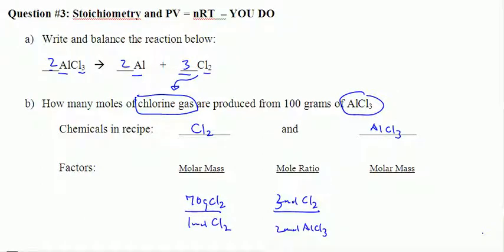Alright, welcome back. Let's get the molar mass of AlCl3 here. So we know the molar mass of Al is 27 times 1 equals 27. We know the molar mass of Cl is about 36 times 3. So that is going to be 36 times 3 is 90 plus 108. So 108,